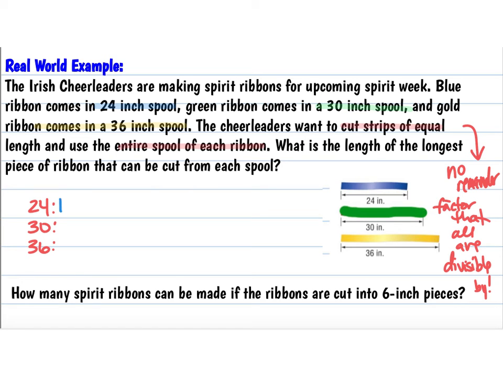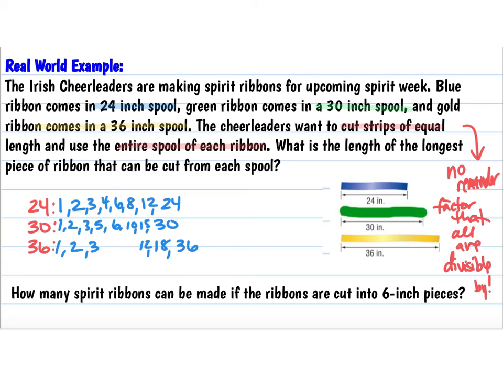So I get 1 times 24, 2 times 12, 3 times 8, and 4 times 6. For 30, I know 1 times 30, 2 times 15, 3 times 10, I might have gotten too small here, 5 times 6. For 36, 1 times 36, 2 times 18, 3 times 12, 4 times 9, and 6 times 6. So I look for those common